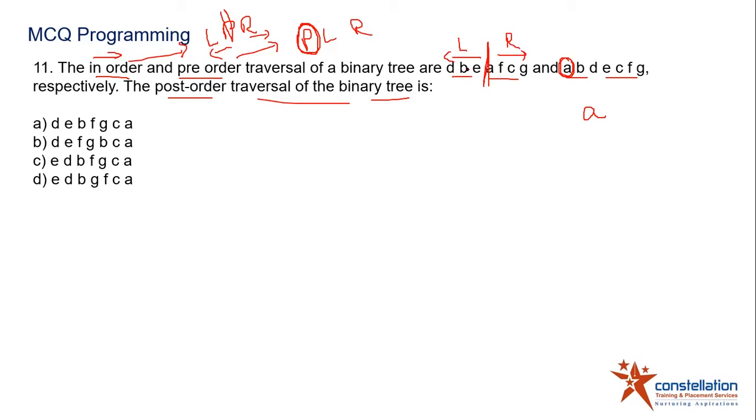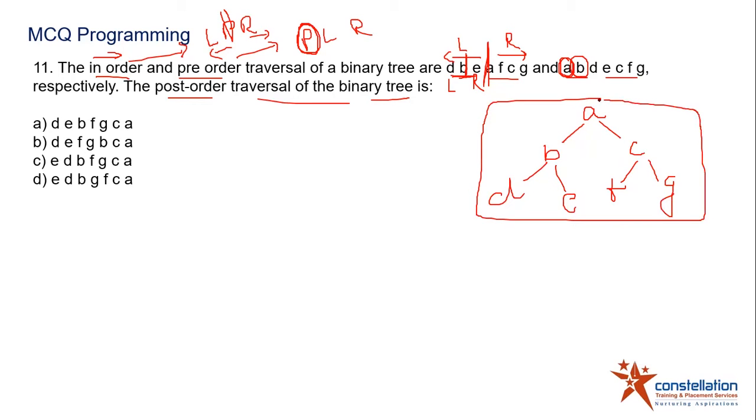Now the next question is which among these will be on the left and which on the right. So next we will find B. Again we will separate it from B. So now D will be on the left and E will be on the right. So next is going to be B, and here we are going to have D, and here we are going to have E. Similarly, in the similar fashion, we have C, then we have F, and then we have G. So this is the tree that we are having.